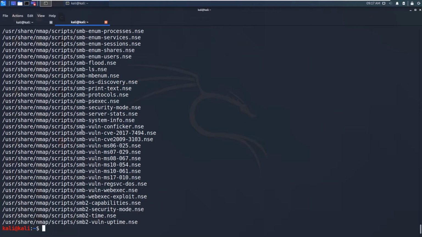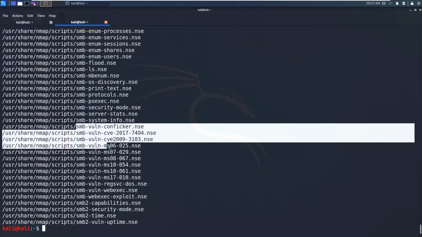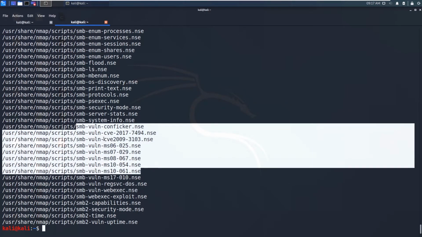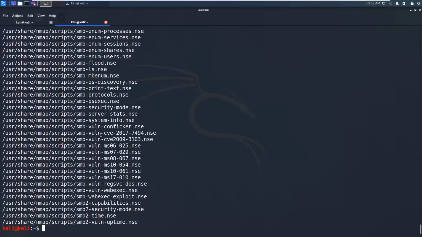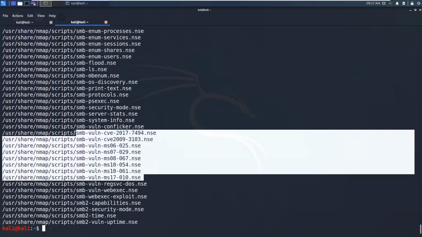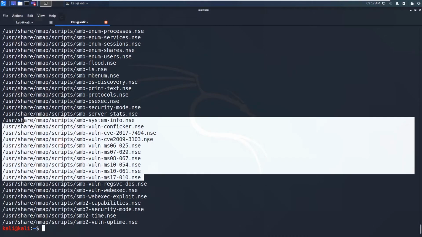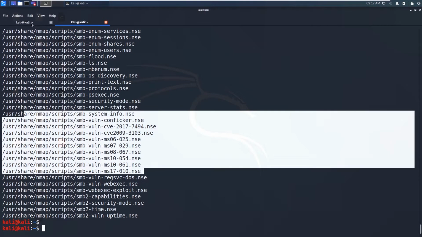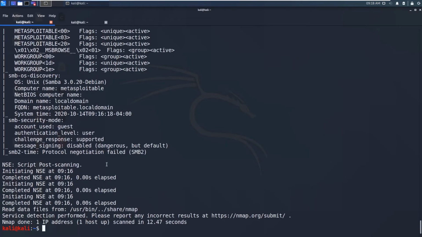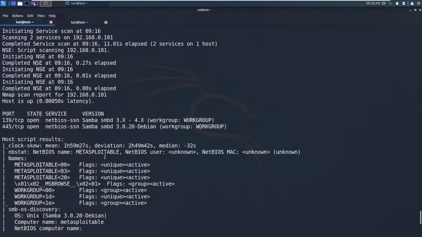You can see here the important ones are the smb-vuln CVE scripts. We can perform these against this Metasploitable server to check whether that machine is vulnerable to any of these exploits or not. So we have got some more information by using the default scripts.